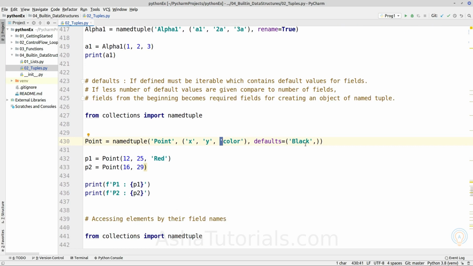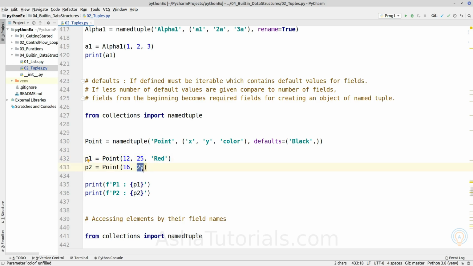Here we are providing only a single value. So the field color will become a default parameter, having this value if it is not given to the constructor. We have constructed the class and we are creating objects. In the first object we are providing a value, so the default will be replaced with the given value red.